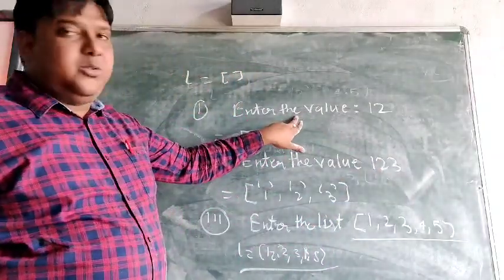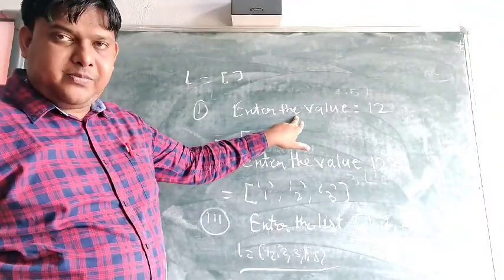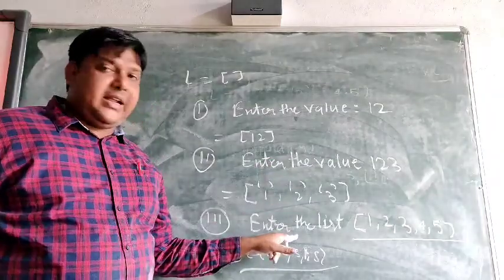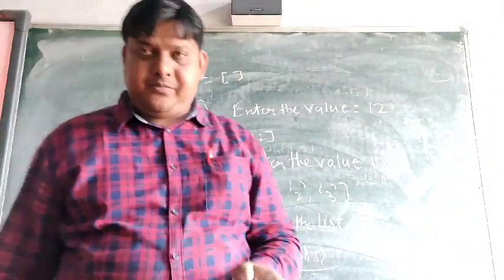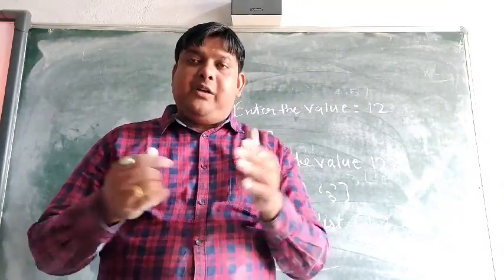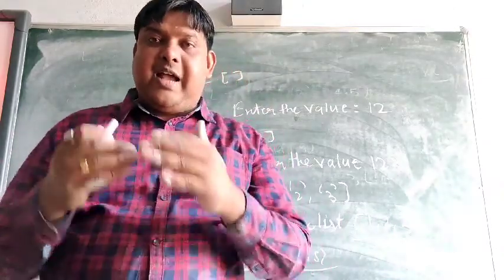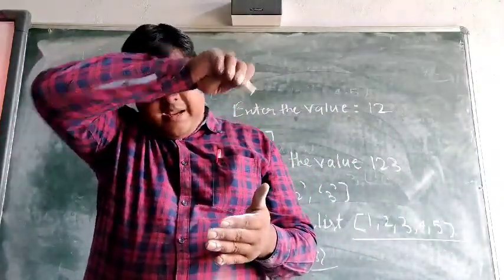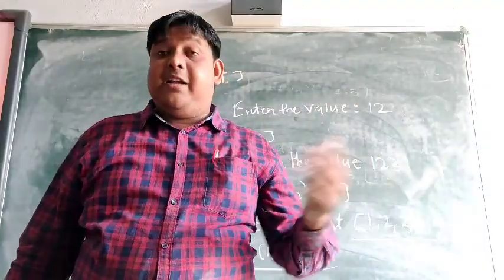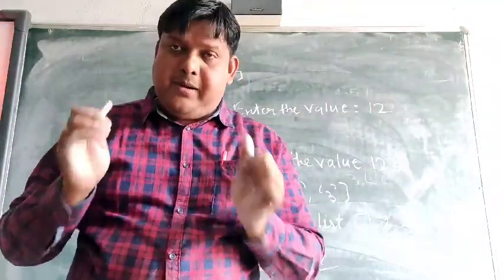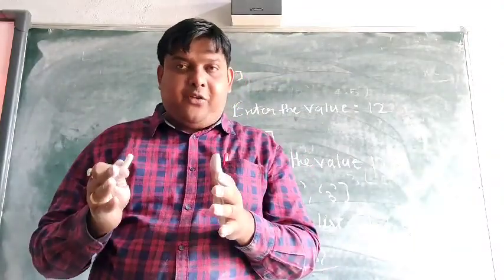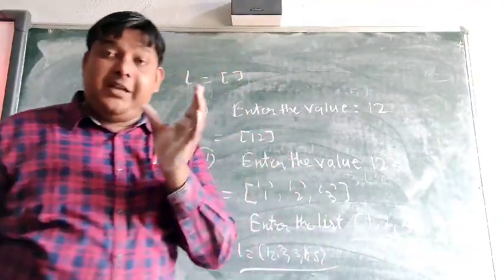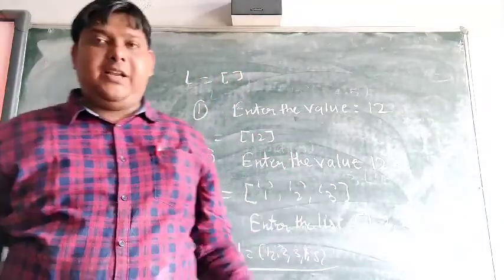This one I can do by using the append function. This one I can do by using the list function. This one I can do by using the eval function. Eval function means whichever way the user has given the value, if it is given in list form, the value will come in list form. If the user has given it in tuple form, the variable will be created in the form of a tuple. If given in dictionary form, the variable will be created in dictionary format. So we have the eval function. So my dear students, all these three ways we will see how to do.